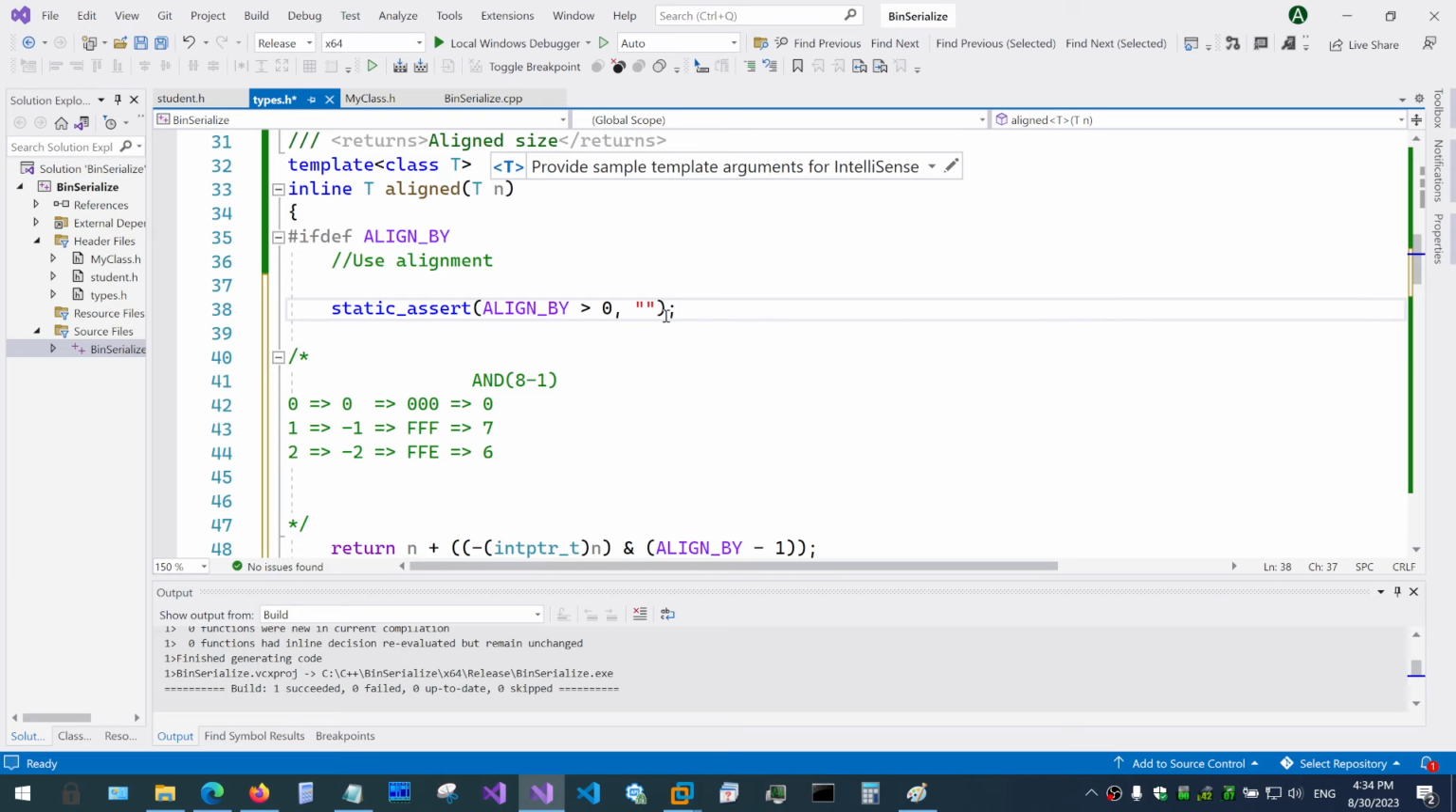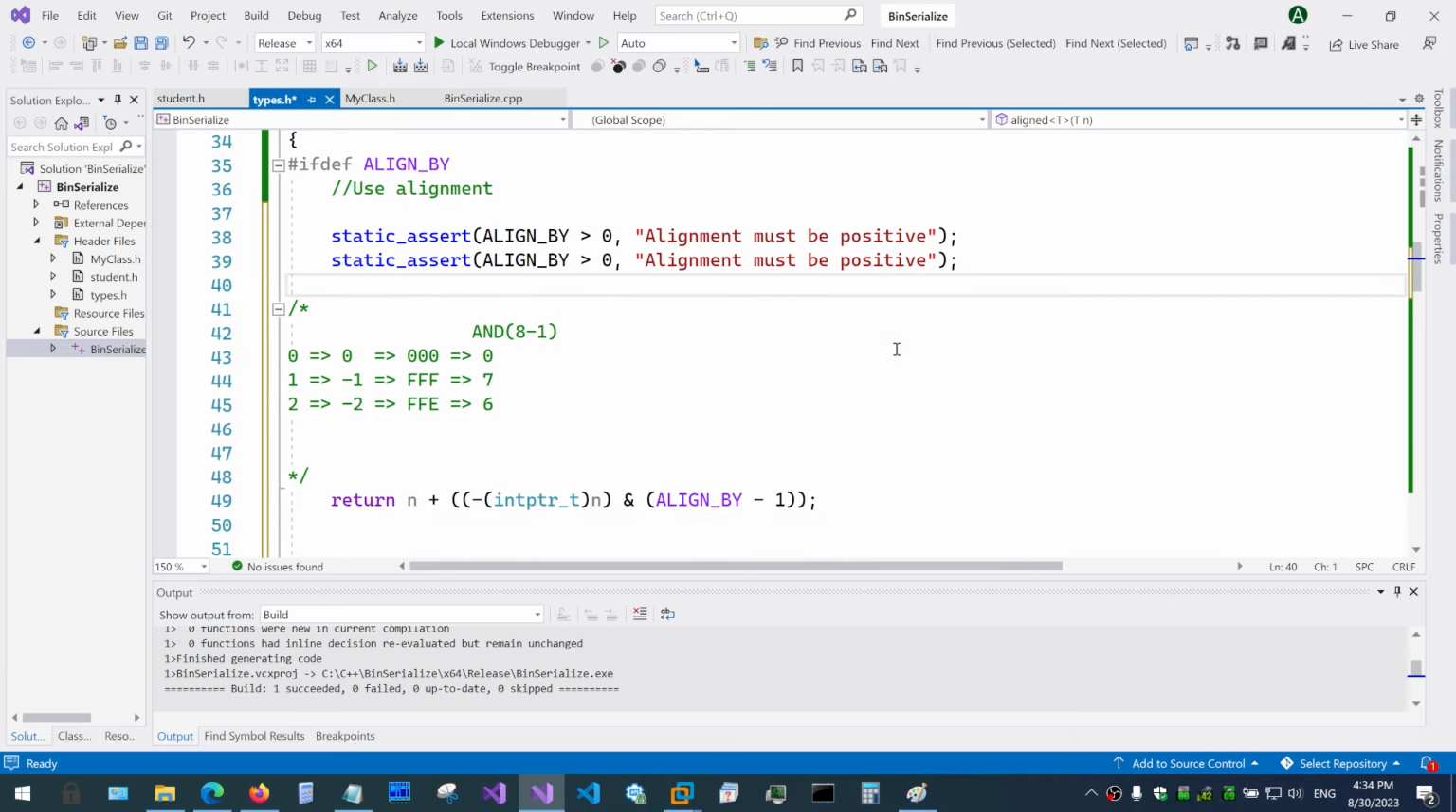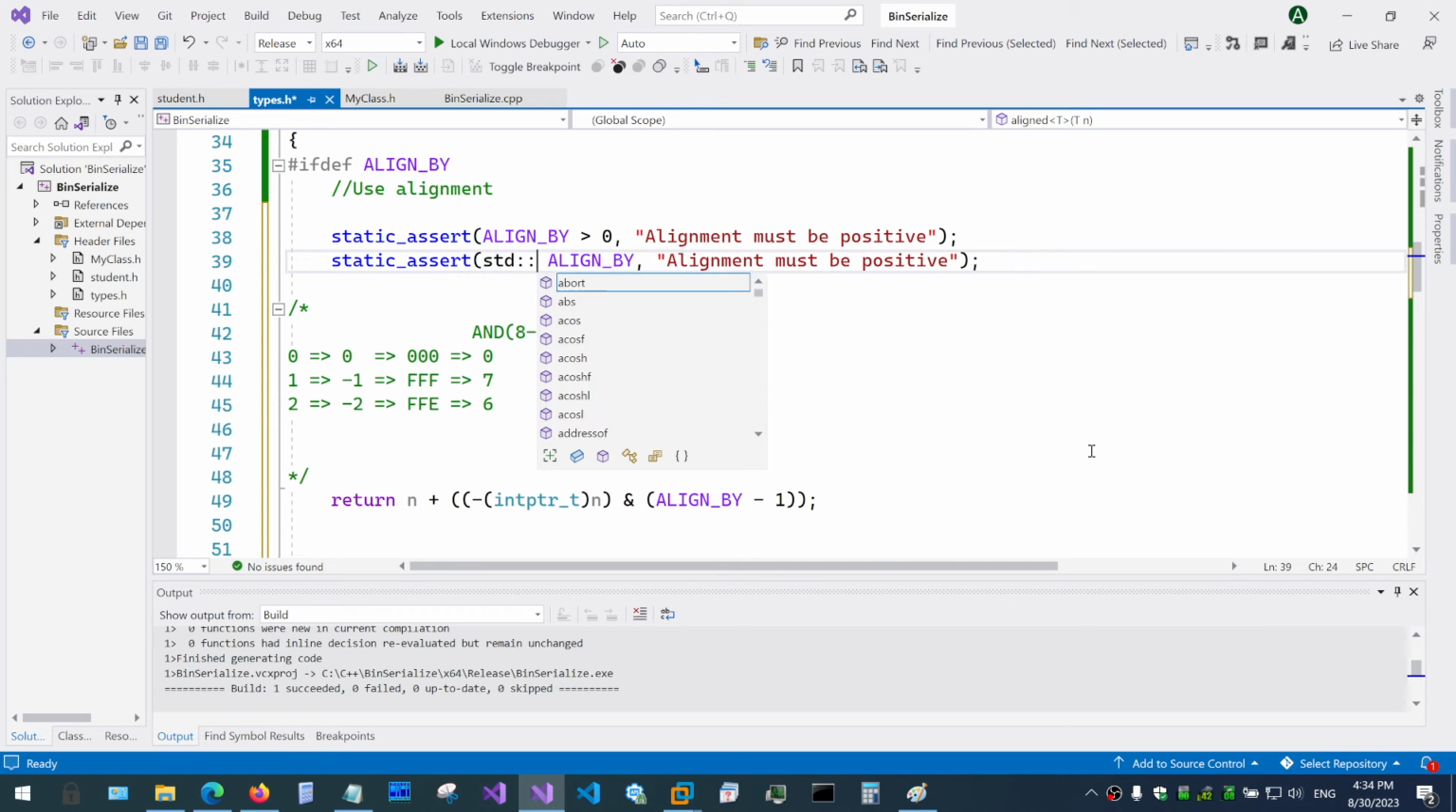Otherwise it will be ridiculous if we set this to 0 or negative. And as an error, we say alignment must be positive. And the second thing that we need to check is that aligned by is actually a power of 2. Now there are many ways to do it, and I will use the new